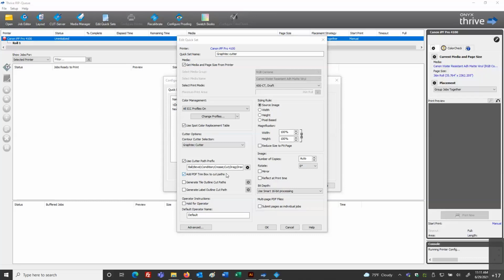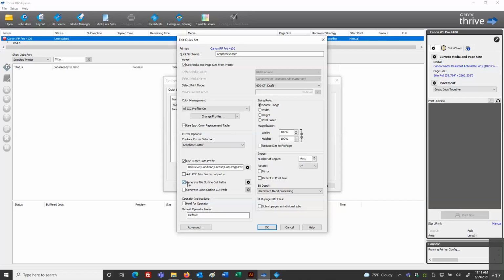So thinking about some scenarios with the way you cut and the way you work, perhaps this could be a very useful feature. Okay, the next choice we have is, for tiles, generate the tile outline as a cut path. So again, we're taking files that we're tiling and that outline area where the tile ends and then there's just extraneous material that can be designated automatically as a cut path. Very convenient, does this for us by turning on that checkbox.